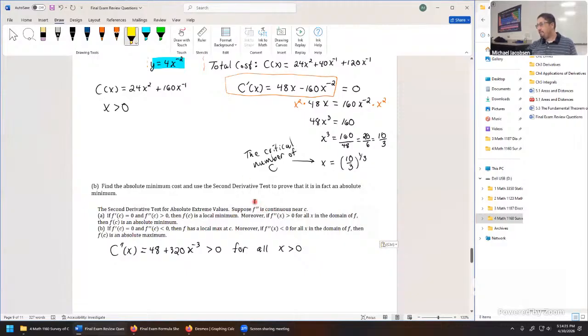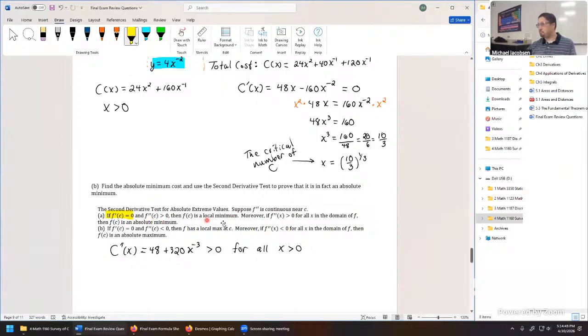Okay, first, we have to have the second derivative continuous near our critical number C. Definitely, that's a continuous function everywhere except for 0. It says if f prime at C is 0, that's what we were doing here. We solved to get 0, and that's the critical number, 10 thirds to the power 1/3. And if the second derivative is always positive at that critical number,